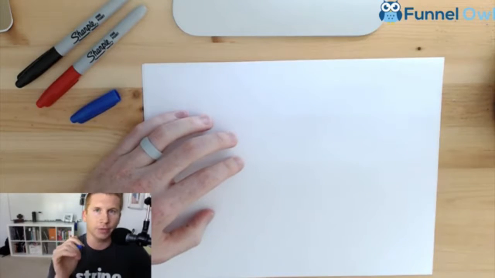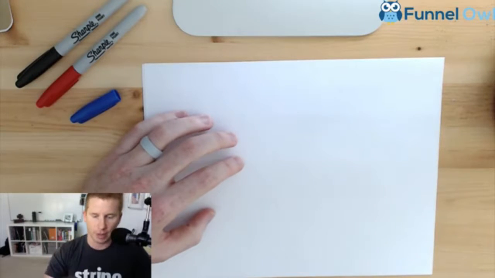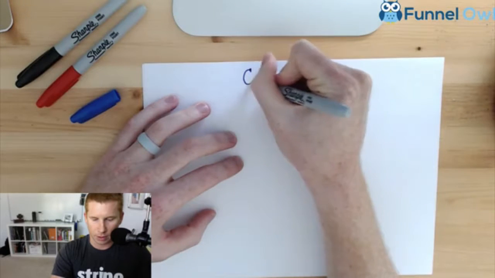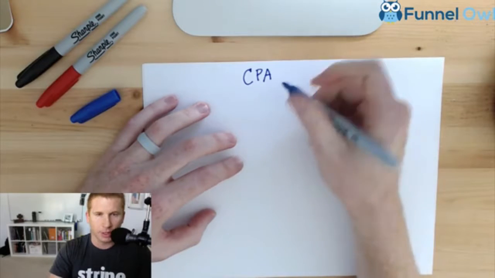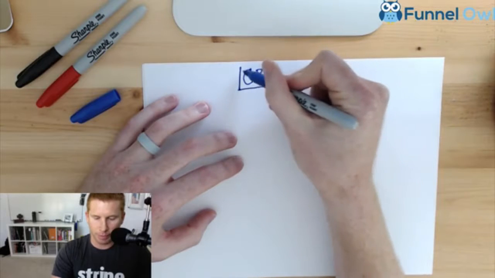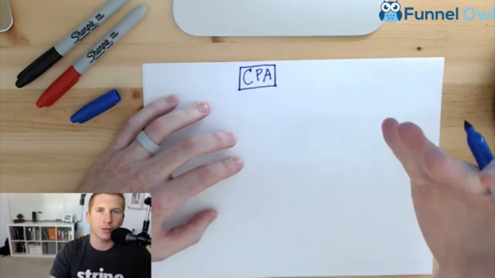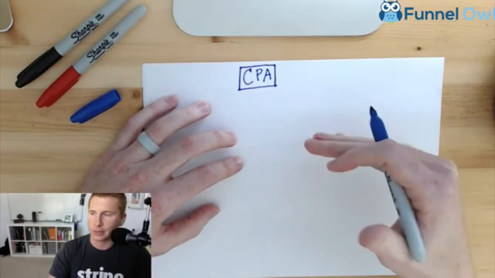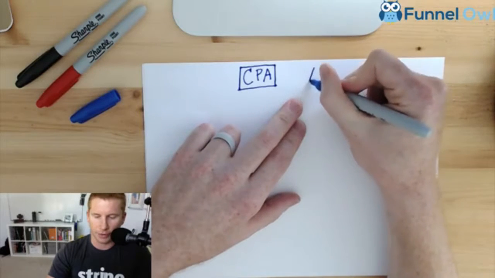If you want to make money with your Facebook ads, or any paid traffic, really any campaign that you're doing, then this is the formula. Cost per acquisition, that's CPA. So how much are you paying to acquire a customer? That's what cost per acquisition means, and you see this in all kinds of business metrics, not just paid traffic. So your cost per acquisition you have on the left. On the right you have